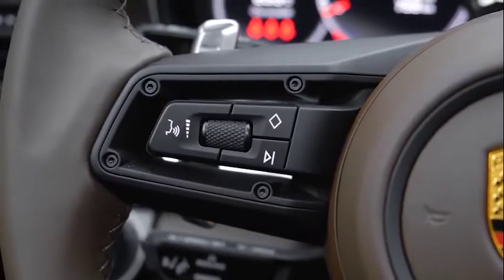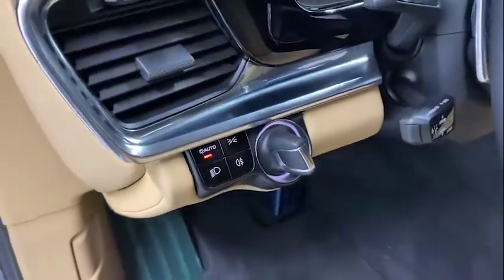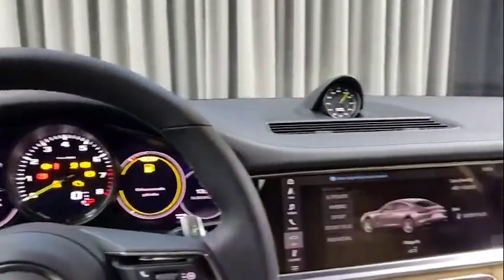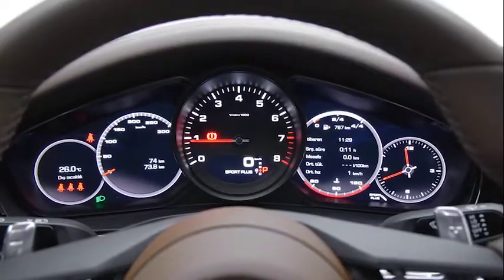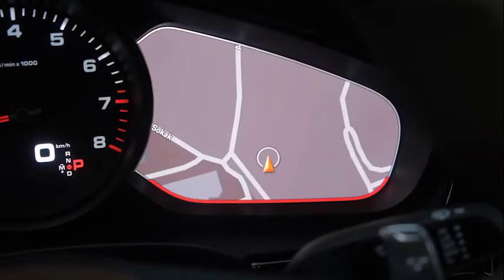Part of the $5,450 Sport package. Also included is a Sport exhaust and the Sport Chrono package. Our 4S rode on $2,980 21-inch wheels with sticky Michelin Pilot Sport 4S tires,